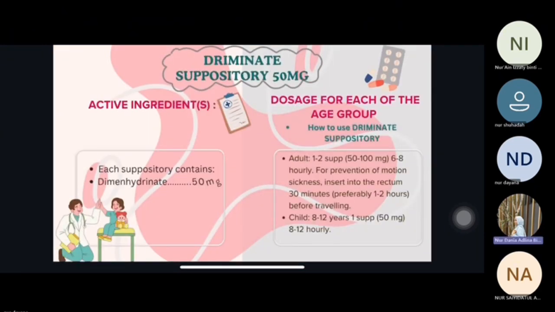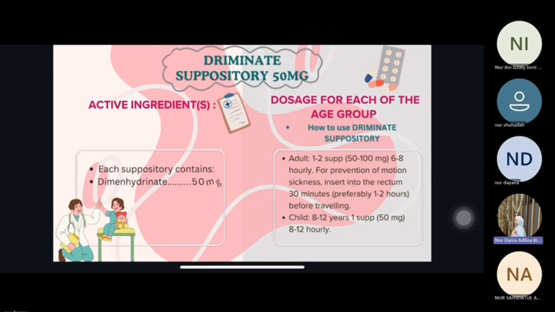The first one is Dreminate suppository 50 mg. Active ingredients: each suppository contains dimenhydrinate 50 mg. Dosage for each of the age groups: adult, 1 suppository of 50 to 100 mg,